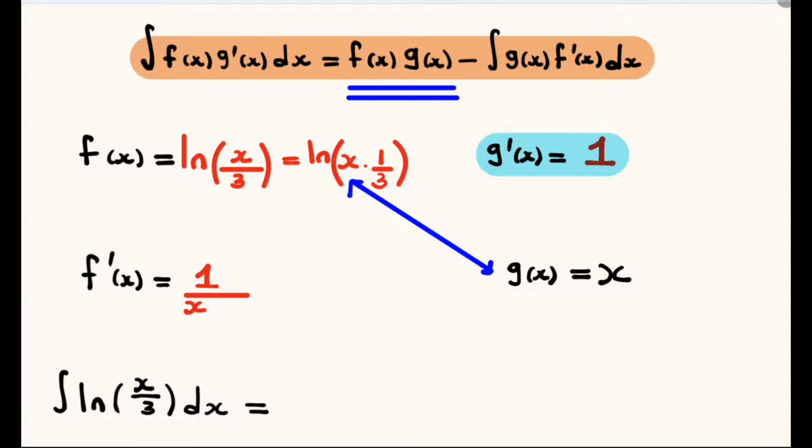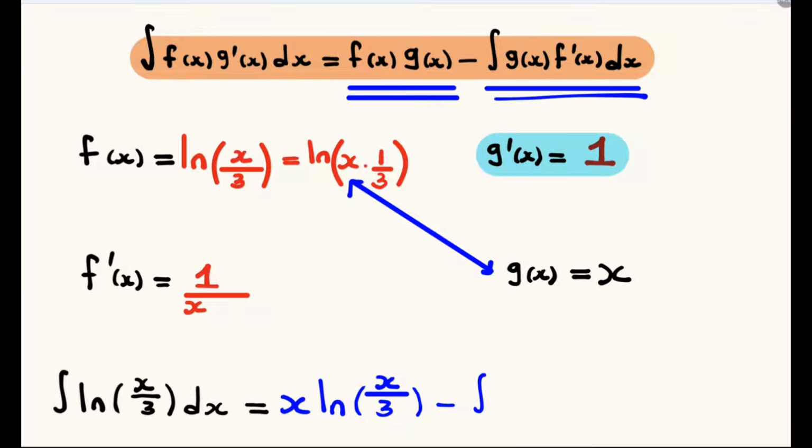So let's start by writing the x, and we multiply it by the ln of x divided by 3. Minus the integral of g of x multiplied by f prime of x. The x multiplied by 1 over x